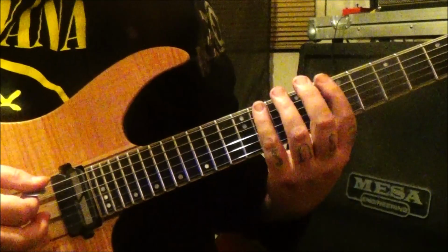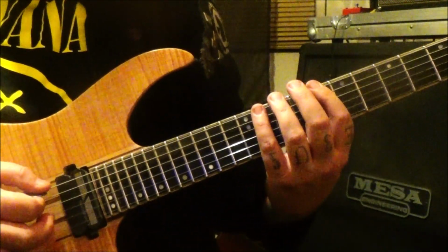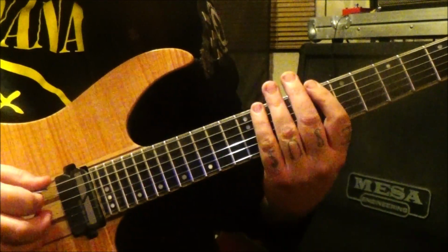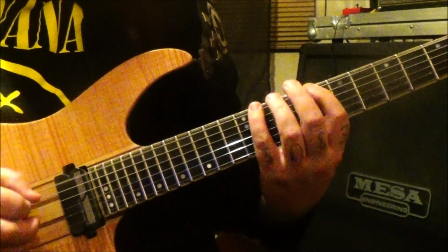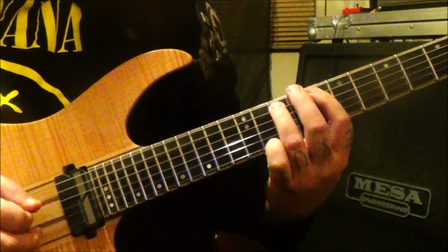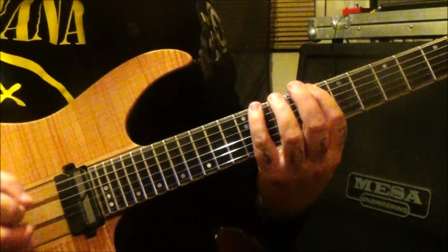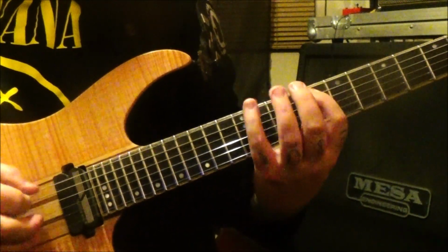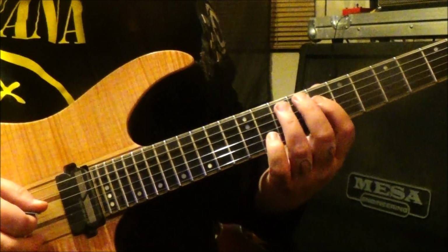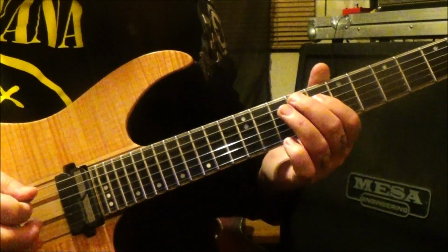This is awesome too. I love this. Right out of the pentatonic minor. 11-8-11 on the E, and then 8A, 11E. On the A, 8-10, 8-10, straight alternate pick. 8-10 on the D, A, 8-10, 8-10 on the D,